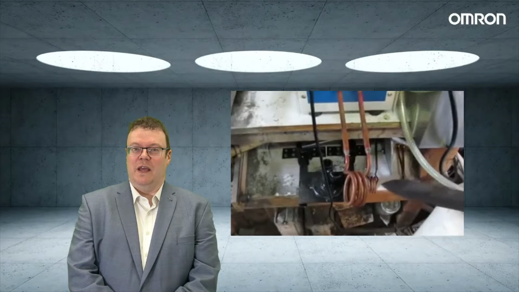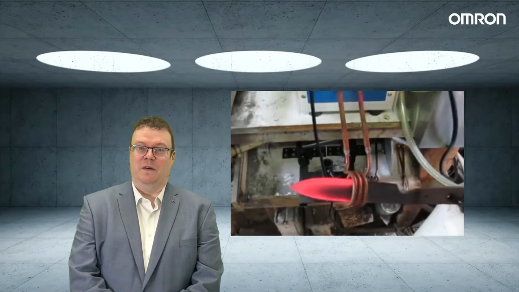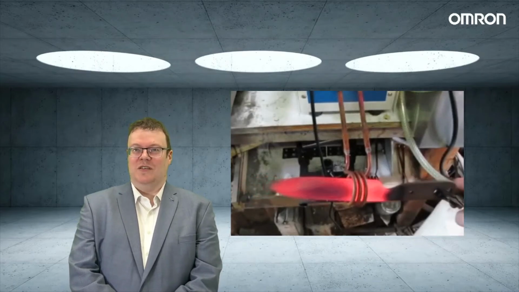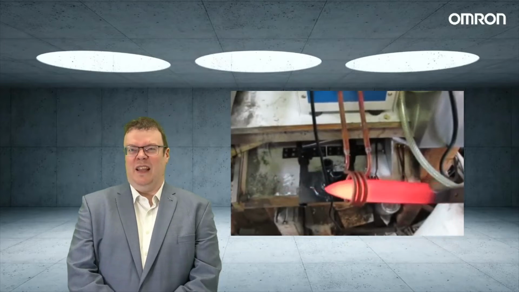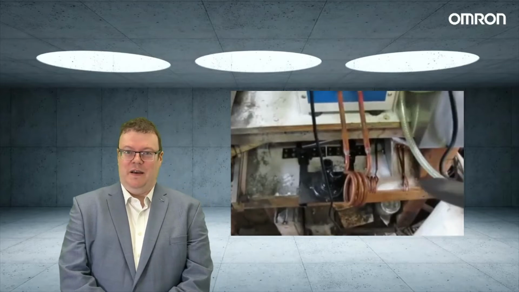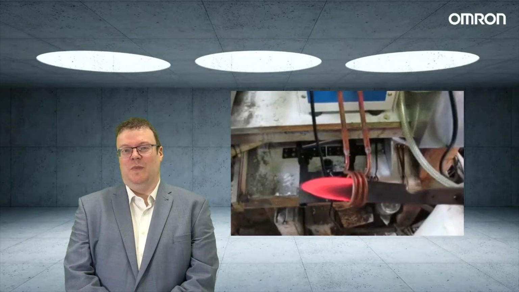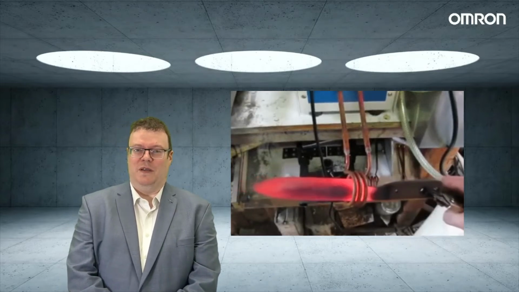Here we can see a video of an induction heater, and this is basically creating a very strong magnetic field, which is creating eddy currents in the knife, heating it up, and you can see the skin effect happening as it starts to glow around the outside. Incidentally, the induction heater itself is actually made of copper tubing. Because you're passing a high current and frequency through it, there'd be no current flow in the middle. And this is also a similar principle that you might see in waveguides within a radar plant, for example, or a piece of equipment.